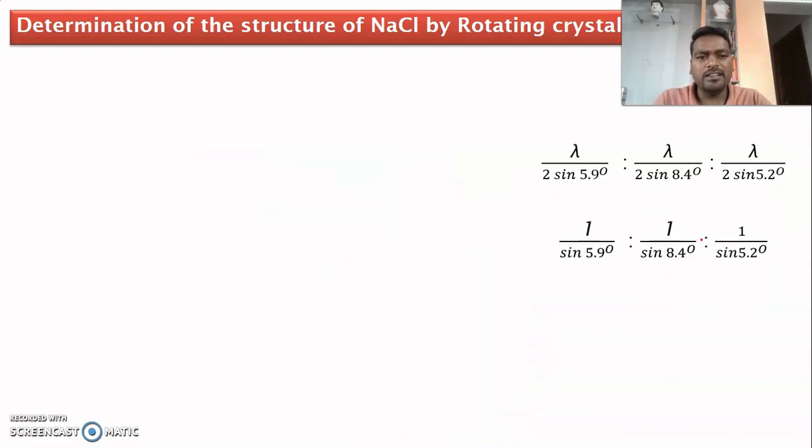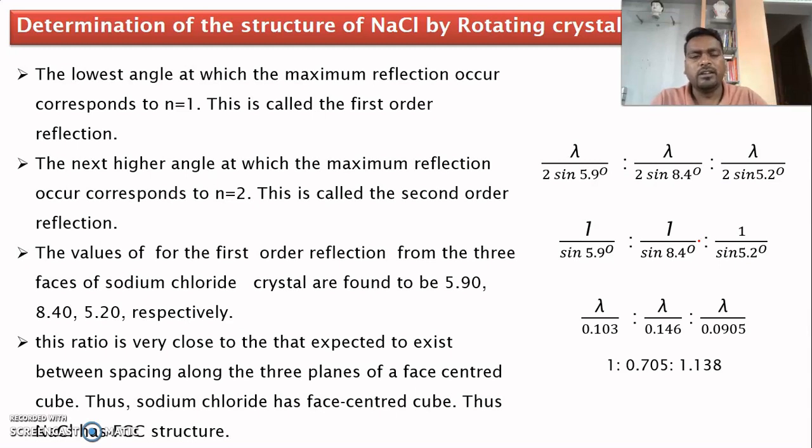Now let us see the experimental procedure. In this experiment we are going to pass the radiations, and as soon as we pass the radiations, we are going to determine theta, the angle of diffraction, along 3 different planes. That means once we pass the radiation, simultaneously we are going to rotate the table. As soon as we rotate the table, what happens? This radiation passes through different planes, and we are going to get different angles of diffraction.